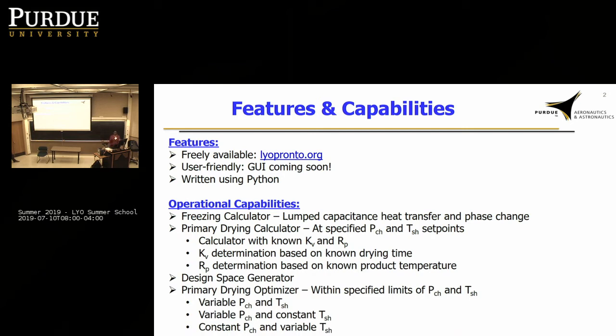Basically, traditionally what we've been doing is specifying a single set point for the chamber pressure and the shelf temperature during primary drying. But we'll show you modeling results here which show that if you vary the chamber pressure and shelf temperature throughout the cycle, you can get a much faster cycle. So basically the optimizer tells you the most optimal conditions at every instant of time. So the output is a profile of the chamber pressure and the shelf temperature, and you can keep one of them constant and vary the other if that's what you want to do as well.